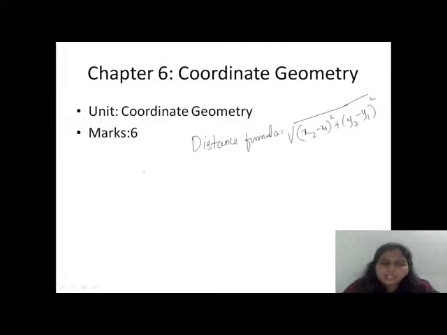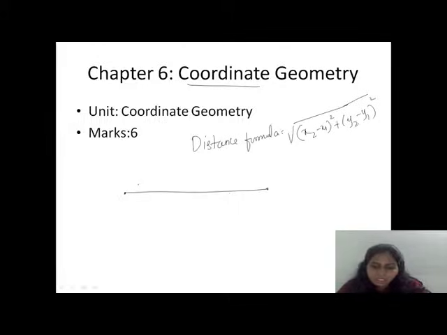They will give you the coordinates. So what is coordinate geometry? Let me explain in a very clear way. If I take a line segment, it will end with 2 points on the edges. This connects 2 points. The first point has two numbers and the second point has two numbers.